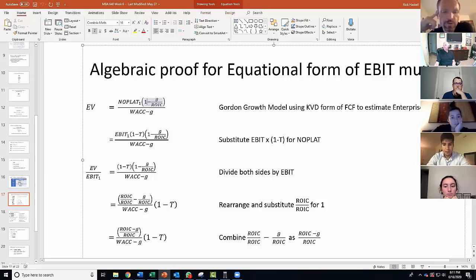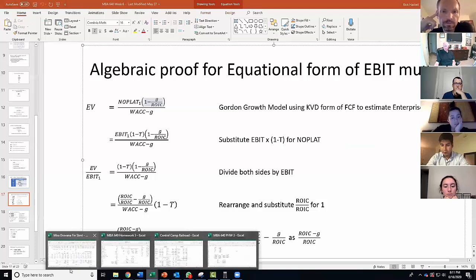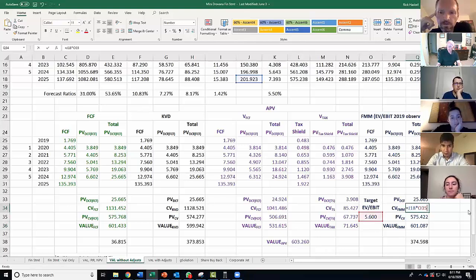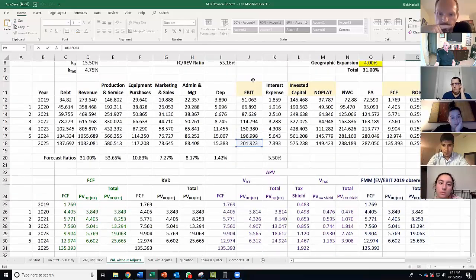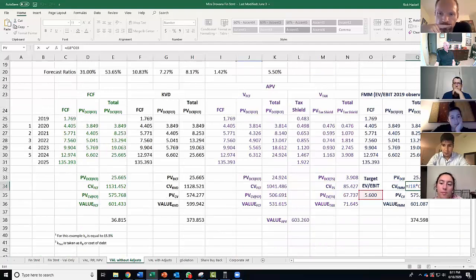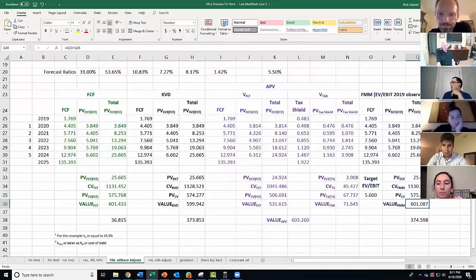So will you show again real quick, Rick, how you got the FMM model CV? Yep, very simple. I took this multiple that somehow I'd come up with. Maybe it was comparables, maybe it was history, maybe it was aspiration. It was 5.6. I multiplied that by EBIT in time one of my continuation. It gave me the continuation term for the forward market multiple model. I then take the present value of that, add the two present values together, and I get a number of about 600.